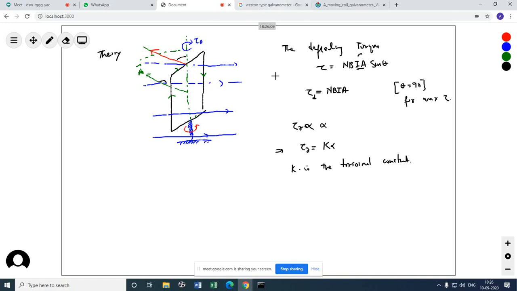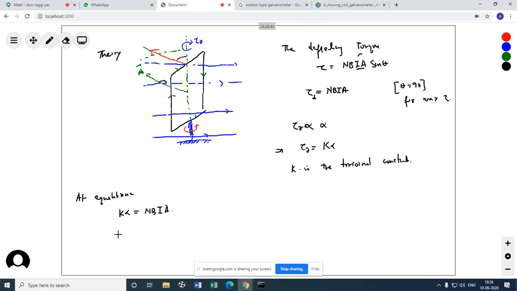I don't know how much you have done in class 11. Remember this: torsional constant, not spring constant. Okay? K is the torsional constant, not its value. We will come to that; this depends on spring to spring. Now, at equilibrium,